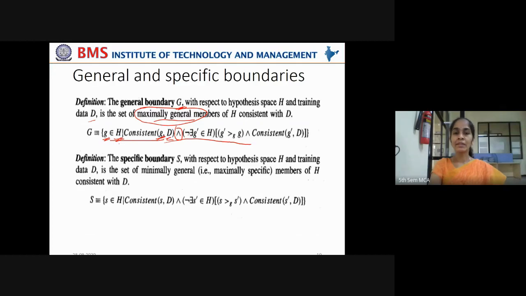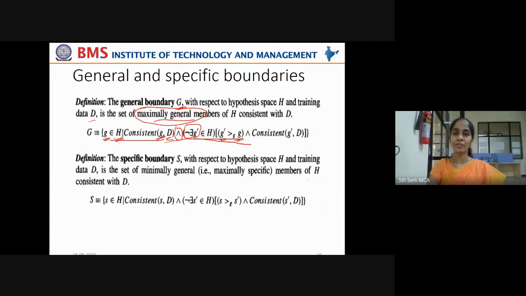So there should not exist any G dash that belongs to H, meaning there should not be any other generalized hypothesis that belongs to H such that G dash is more general than G. Meaning G should only be the maximum